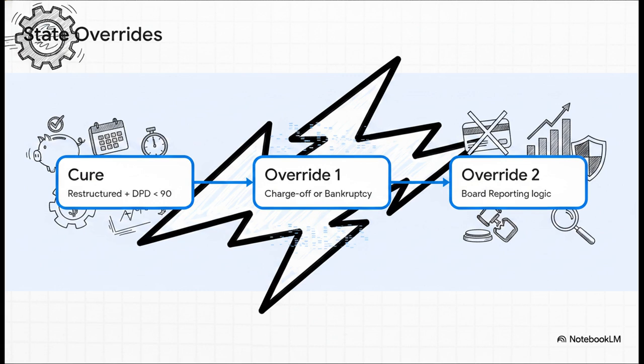overlapping rules. For example, if a borrower gets back on track, their loan is restructured, and its days past due drops under 90. The canonical rule says, great, that loan is now cured. However, if that same borrower is currently in bankruptcy proceedings, that legal state absolutely must override the cure. An adversarial test intentionally creates this chaotic scenario, a loan that is simultaneously restructured, under 90 days, and bankrupt. It's actively hunting for the exact bug where a developer might write a cure shortcut in the code that accidentally bypasses the critical bankruptcy check.